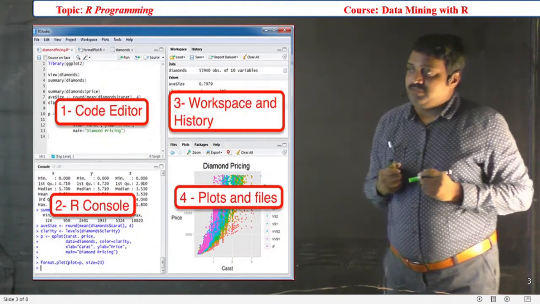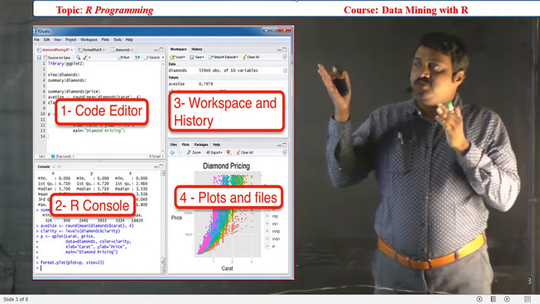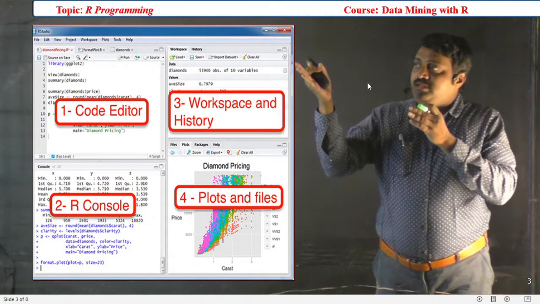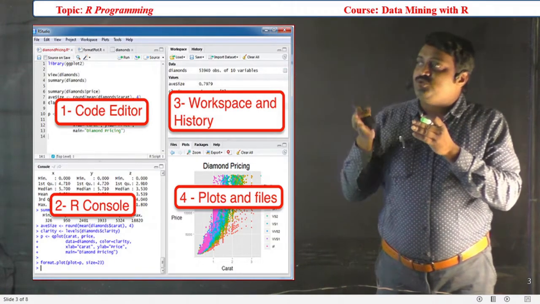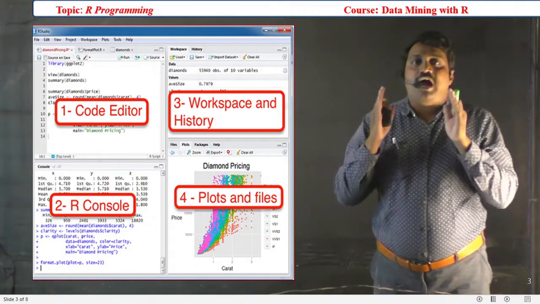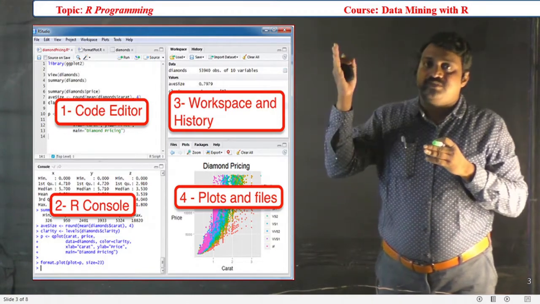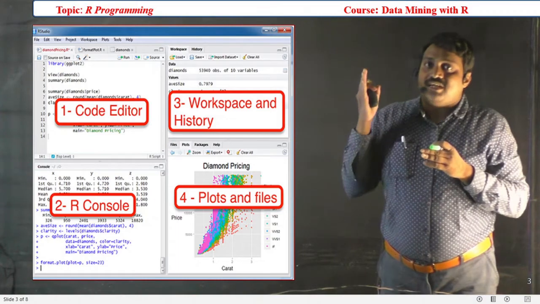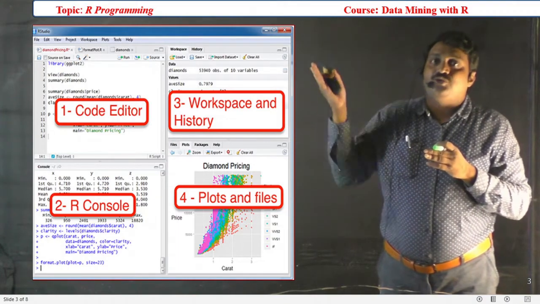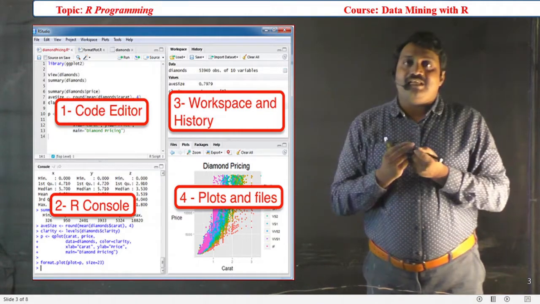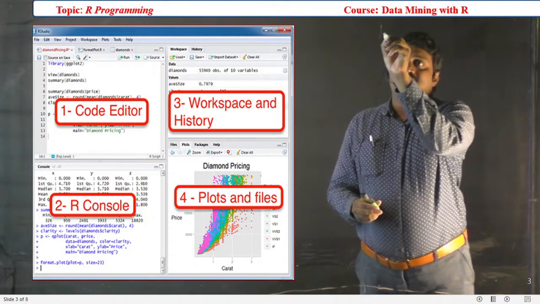You can observe the various frames available in RStudio. We installed RStudio in the last session, and we already discussed the various frames or worksheets available in it. We have mainly 4 frames, as we are aware. One is